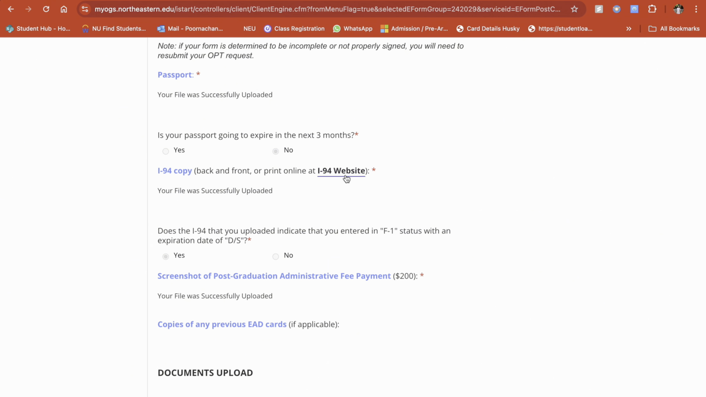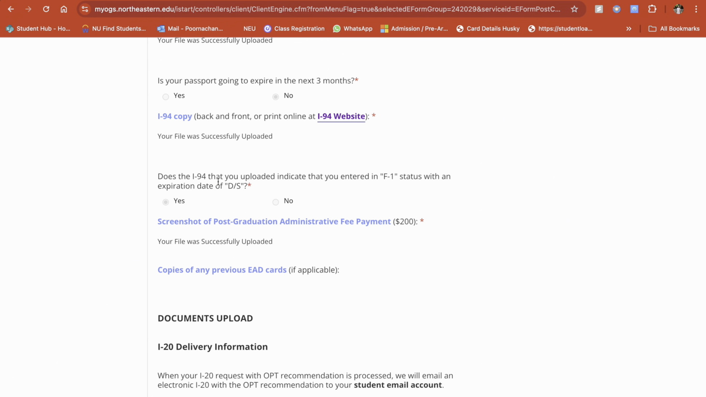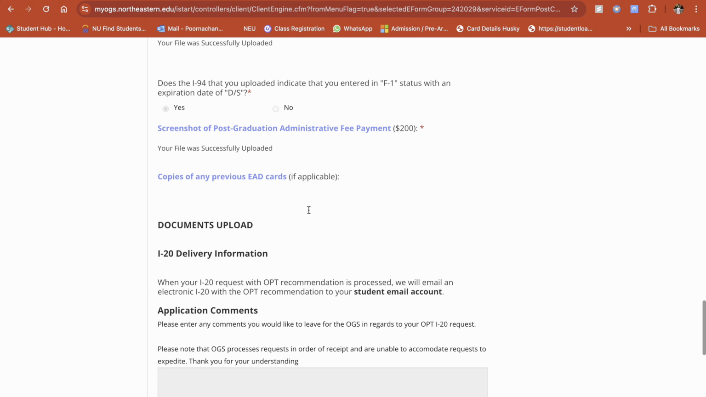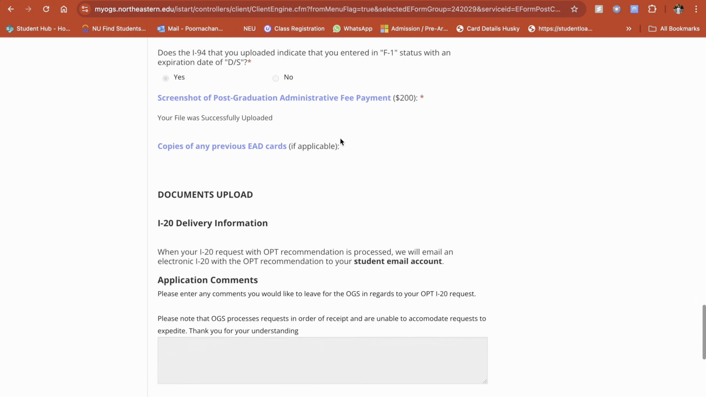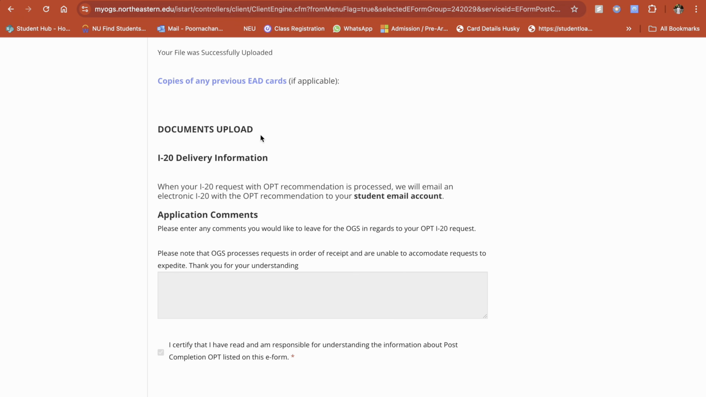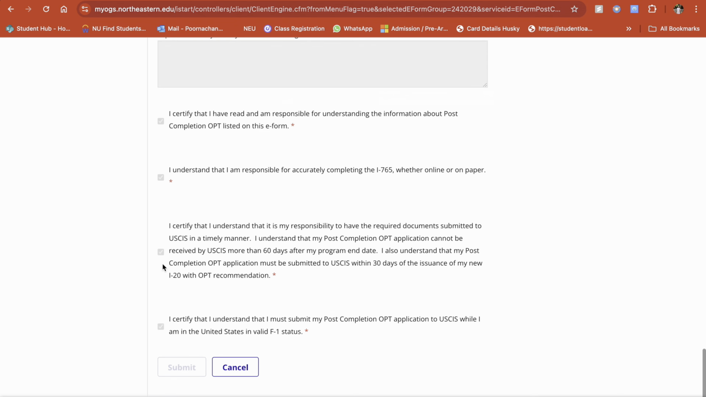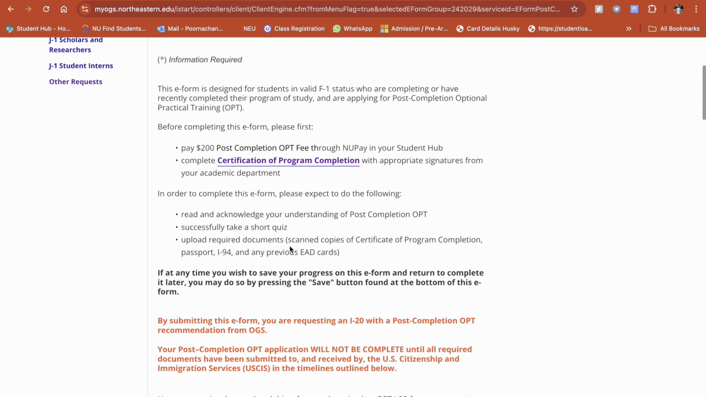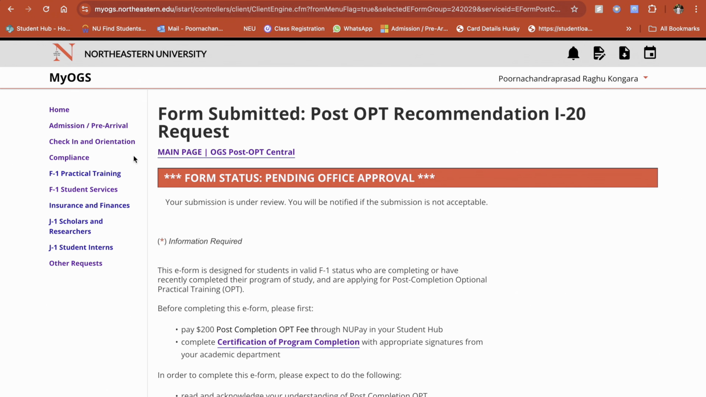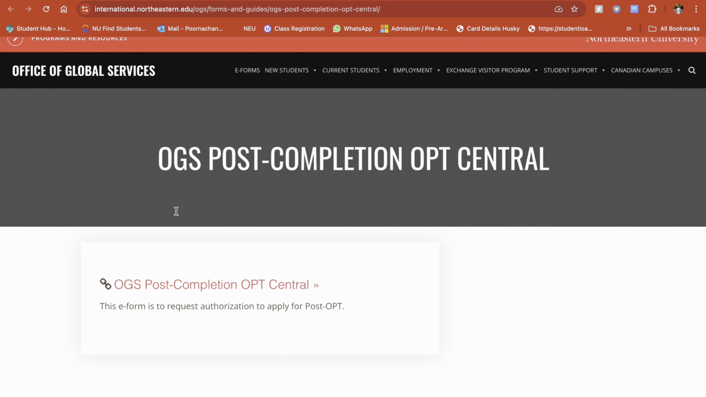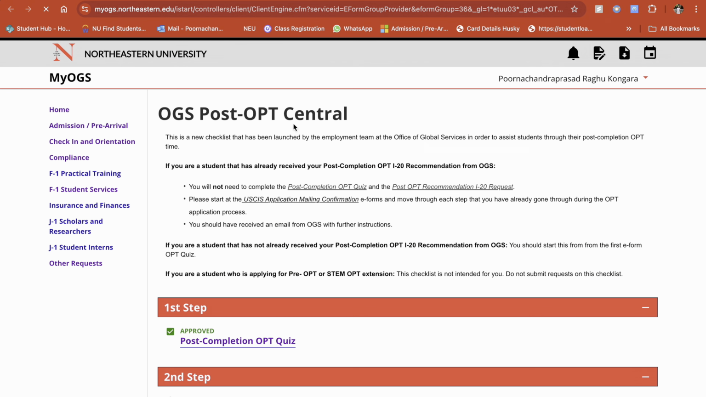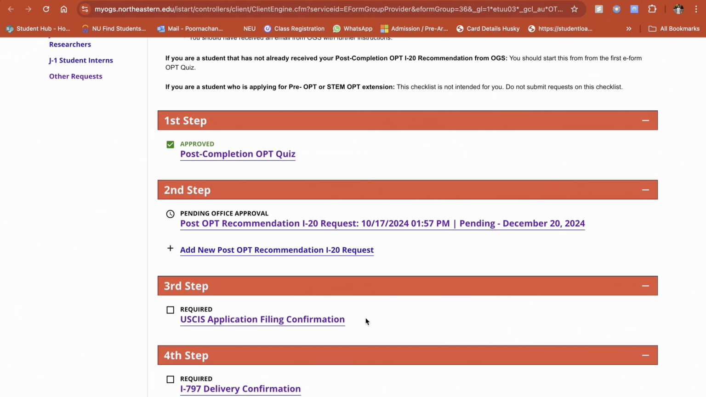For the I-94 copy, you can upload it from the I-94 website, and just check the status, like the F1 status and the expiration date as D/S. Then you need to upload a screenshot of the post grad fee, admission fee, and you don't have an EAD, so you don't need to upload that. And you need to certify, like click on all the options here and then click submit. It will take around 15 days. After this, most probably your form will be completed, and next you can move to the USCIS application filing